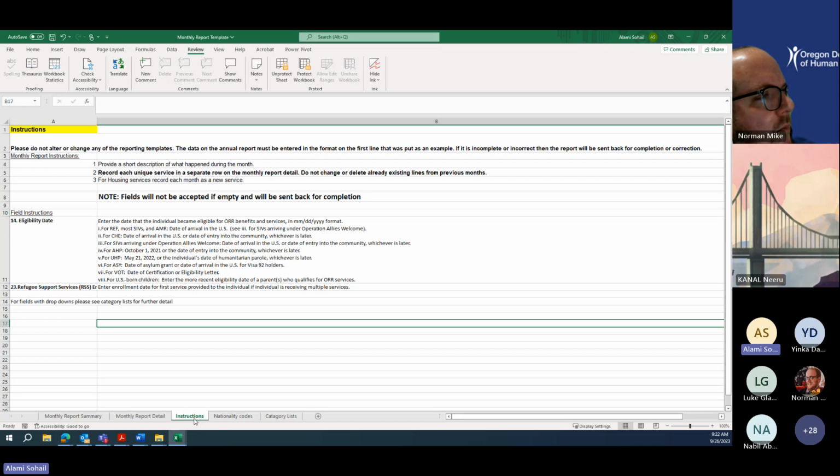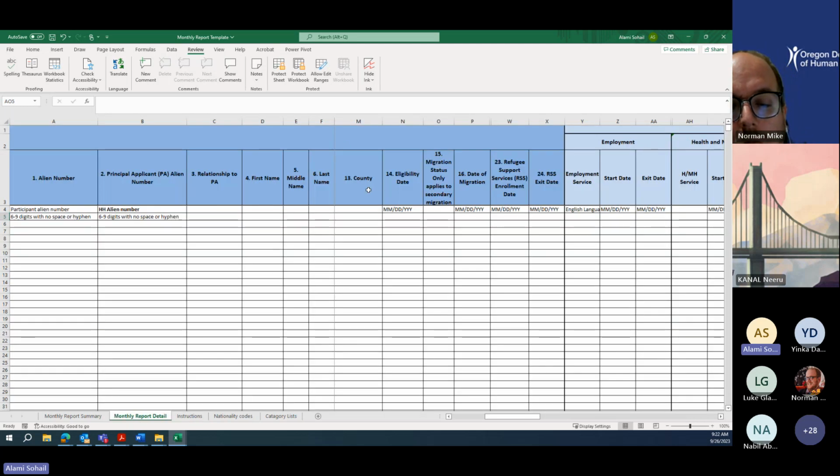Okay. All right. There is an instruction page on the monthly report. It's pretty basic. It tells you what to include, what not to include. Please don't edit any of the fields. The text on any of the headers, please don't change them. Please don't move columns around or remove or add columns, because that creates a problem for us when we're compiling the information and the data doesn't look right. Other than that,